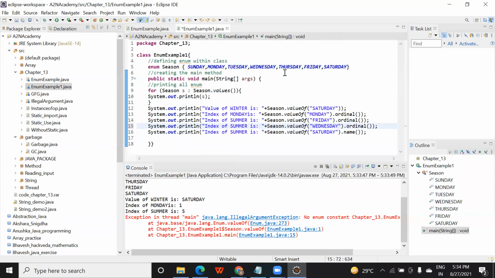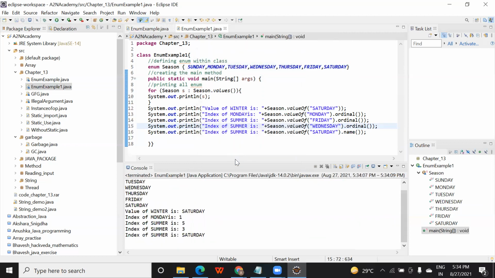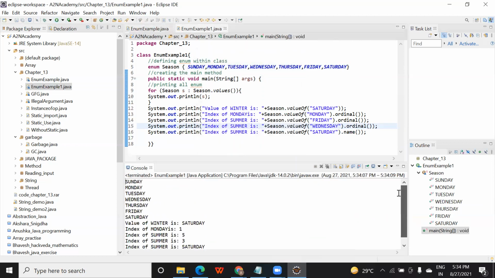You can give any value. I was just explaining that you can assign any values. Now see, it is working. If you want Amit also, you can give a name. If you want Narayan, if you want Anushka, any name you can give here, and that also it will print.